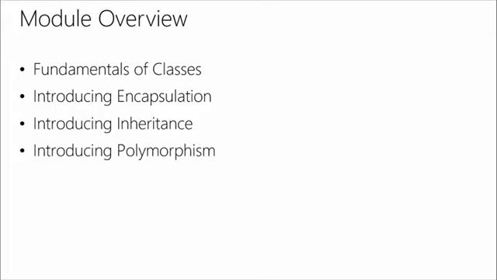In this session, we've got about 50 minutes to give you a general overview of what it is, so we won't delve too deeply, but we will cover some very specific aspects of it, and we'll take a look at the fundamentals of classes. We'll describe a little bit about what a class is, how you create one in code. We'll talk about what the term encapsulation means in terms of object-oriented programming. We'll give you an introduction to inheritance and why that's important for object-oriented programming. And then we'll talk a little bit about polymorphism. And we'll demonstrate these through the use of code